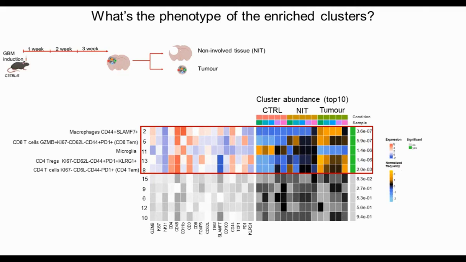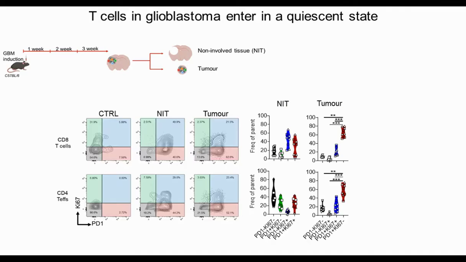And we can also clearly see a subset of CD8 and CD4 T cells which are PD-1 positive, which is a marker of, as I already explained, dysfunction, or of T cells which are activated. And these cells are PD-1 positive, Ki67 negative. So it means that they are probably tumor reactive, or in some way we don't understand, they are expressing PD-1, and they are not proliferating. And we can clearly see that neither CD8 nor CD4 T cells are proliferating in our model. And when we quantify this, by looking at PD-1 versus Ki67, we can clearly see an increase in cells which are